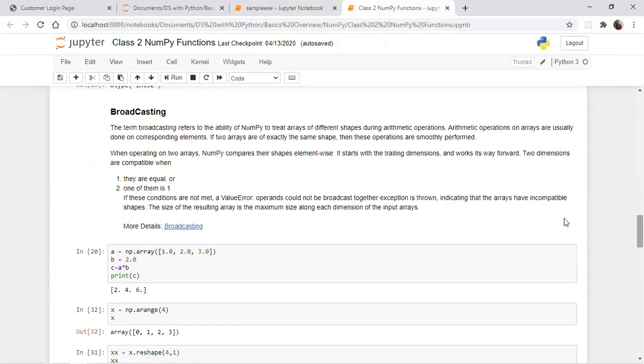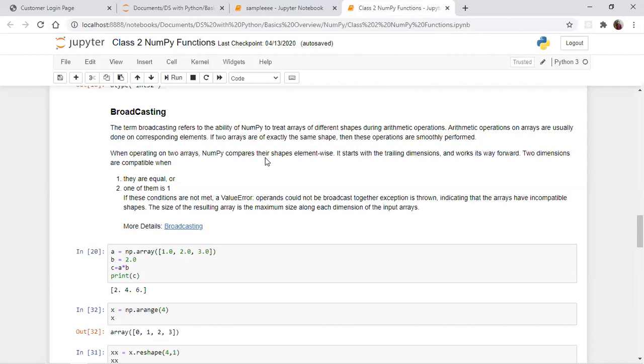Now we need to start with broadcasting. Broadcasting is a very important concept in NumPy. Yesterday I explained the arithmetic functions, right? Array plus array, array minus array, array into array, those kinds of things. You can do arithmetic functions with the help of array operations.